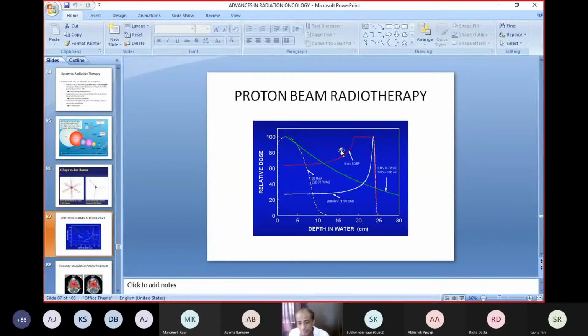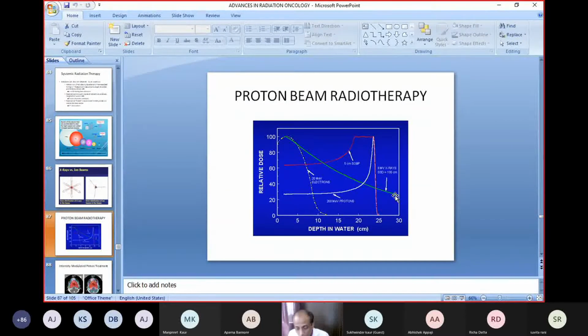Why does it happen? Because there is something called Bragg peak theory. In X-ray, it deposits its energy like this. In the green line, you can see the highest energy is deposited at the region where it collides with the body, and as it goes down into a depth of say 0 centimeter to 30 centimeter, there is still some amount of X-rays, from 100% to 20%.